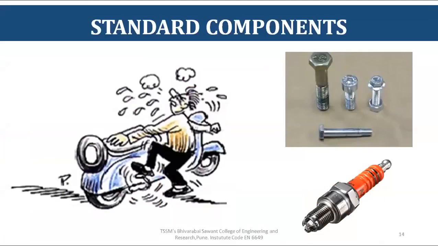Most of us might have faced this situation. Our vehicle is stopped on, let's say, a road. So what do we do? We go to the garage or mechanic. We simply ask him what happened. He says, sir, your spark plug has a problem. Sir, your nut bolt has a problem. He just says, sir, M24 nut bolt. If possible, we repair it over there, or we go to another hardware shop and just demand an M24 nut and bolt. Immediately that shopkeeper hands over that nut and bolt to us. We come to our garage and we start our vehicle.